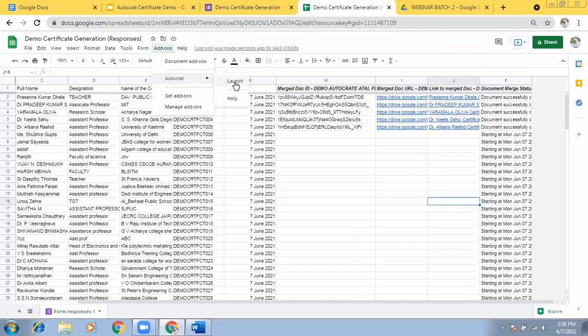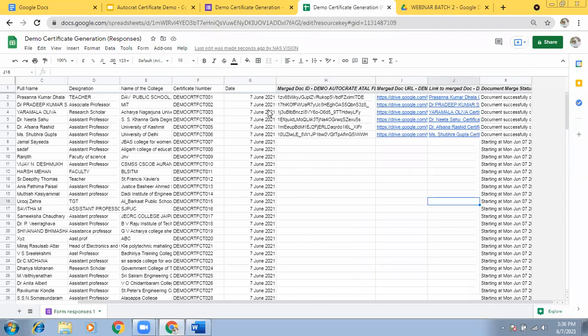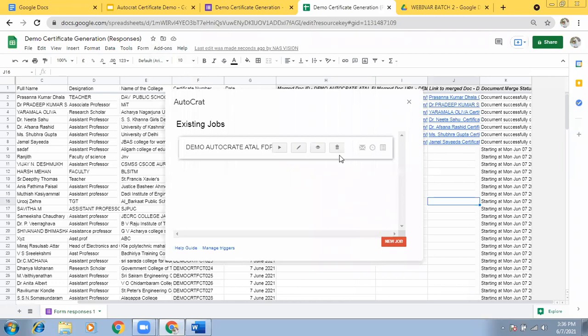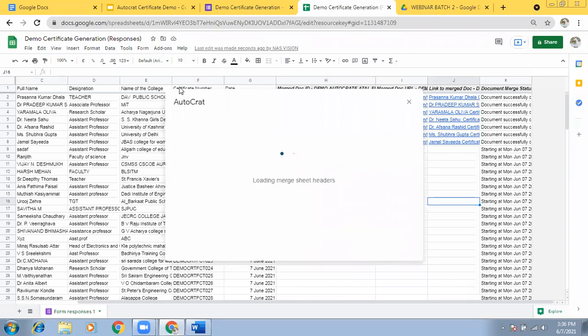What I have to do is go to AutoCAD launch, then certificate number also I need to do. Then that also will be printed. Don't worry. You have to use the same syntax. Whatever field you have added here, the same thing you have to add.